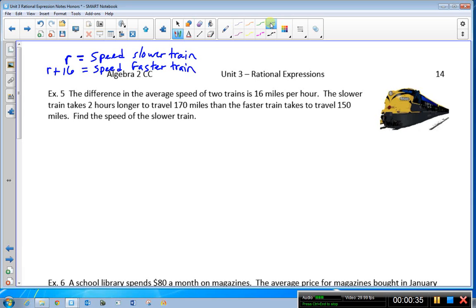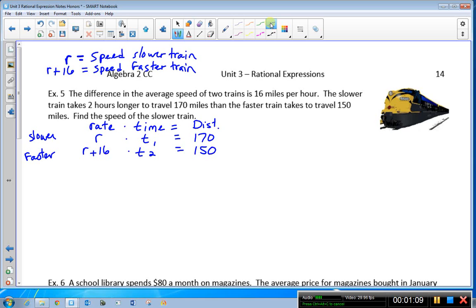So now I'm going to set up a little chart. I've got the slower train and I have the faster. For the slower, it's rate times time equals distance. So it's going to be rate times the time, which we don't know, equals 170. And the faster one is going to be the rate plus 16 times time 2, which equals 150. So we should then be able to determine that time 1 is equal to, which is the slower train,